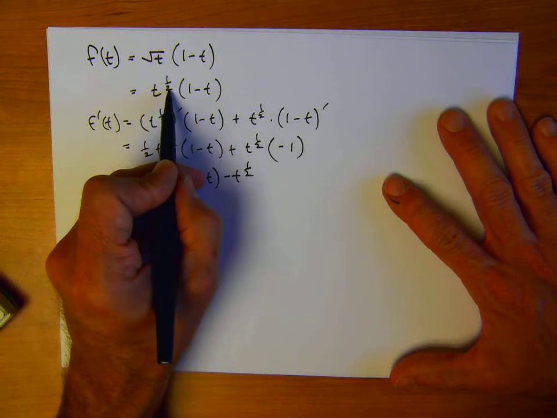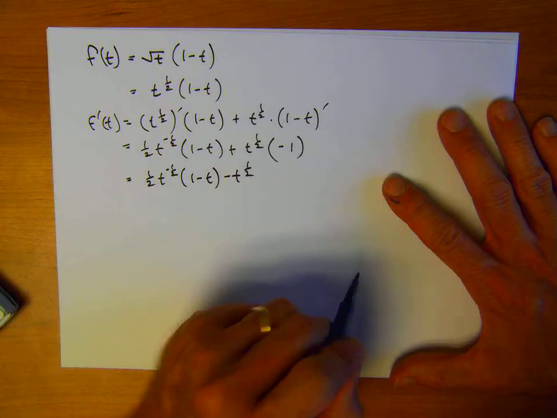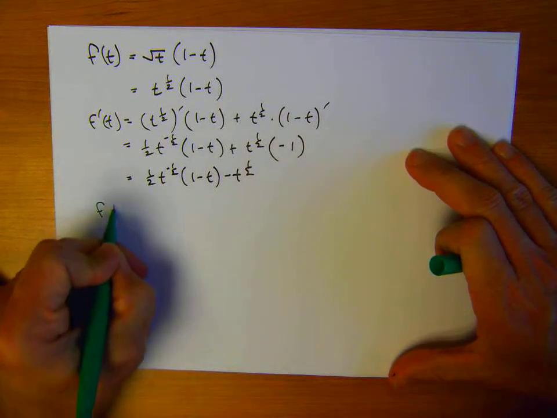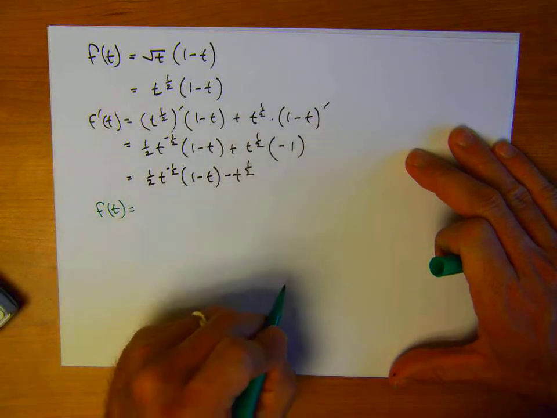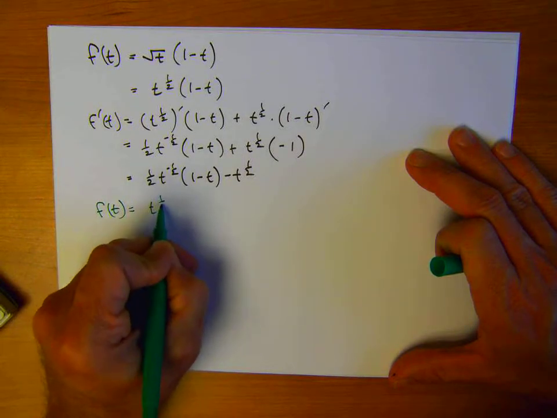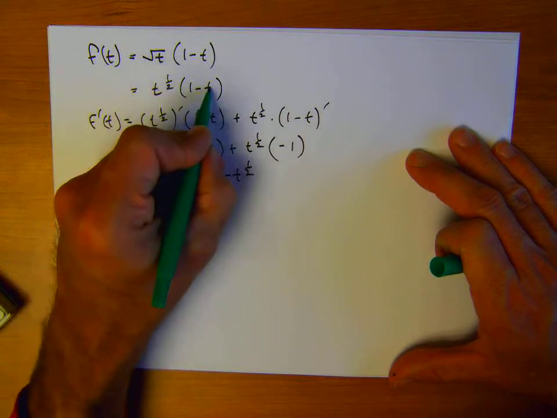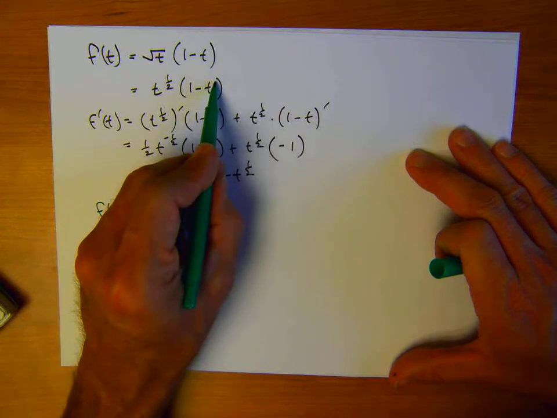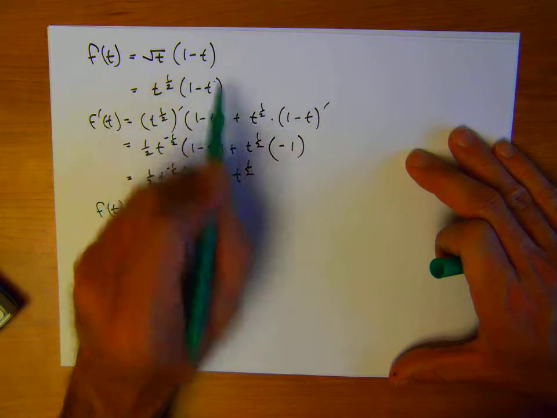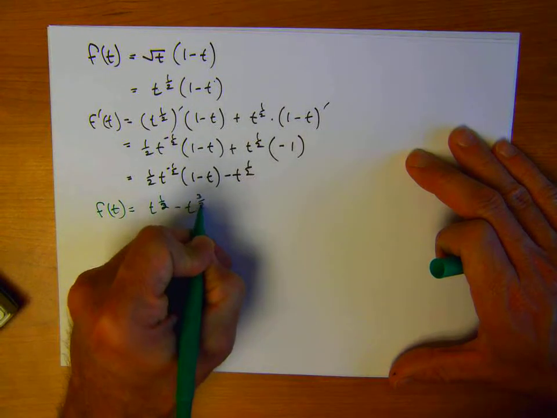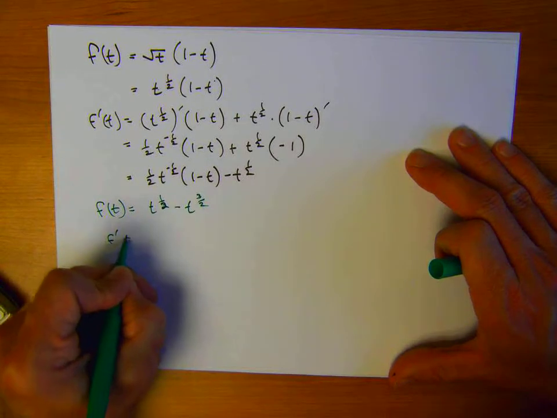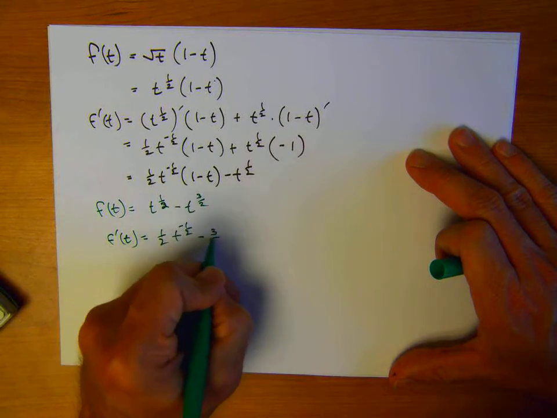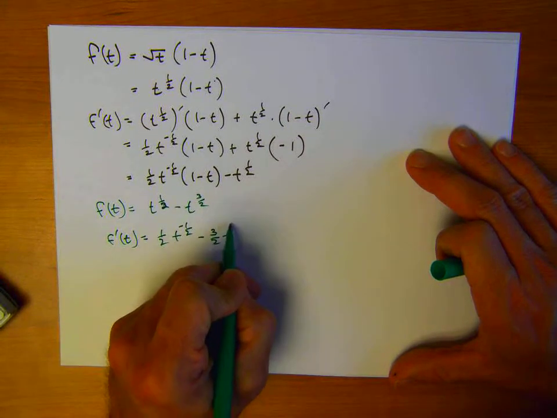Because notice here, I could actually simplify this to begin with, right? I'll put it in a different color, because this is another technique. I can distribute the t to the 1/2, right? So t to the 1/2 times 1 is t to the 1/2, and t to the 1/2 times t is t to the 3/2, because if the bases are the same, I add the exponents: 1/2 plus 1 is 3/2. Now f prime of t is just a simple application of the power rule. Minus 3/2 t. When I subtract from here, that's going to leave me with